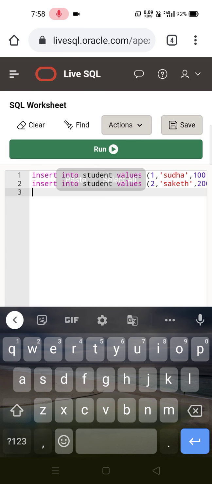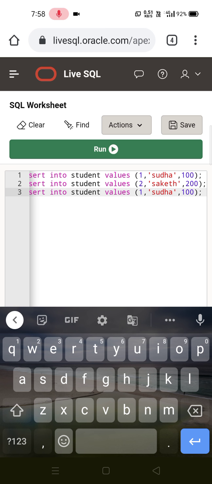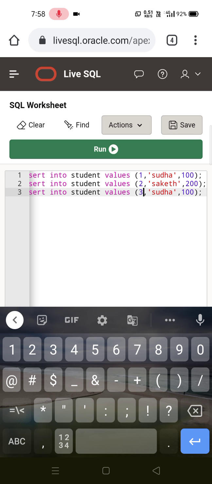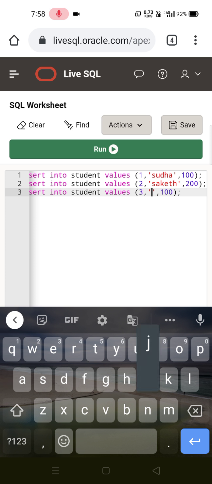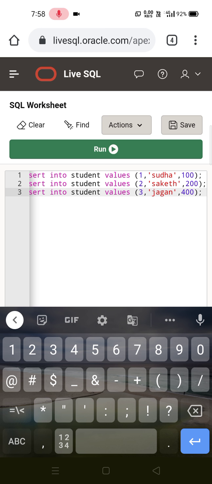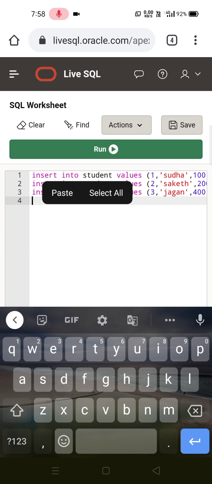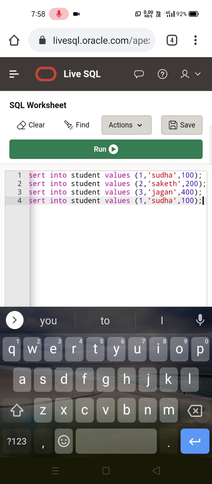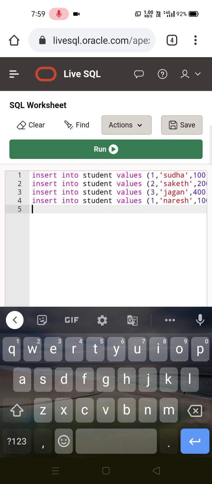Again we just copy pasted, and then we inserted the third entry with the name of the student. As we have not increased the marks of the student, it might be 300, 400. Then we just inserted the next query. As we already know, we have not made the number a primary key, so it can be repeated also. So we just repeat it and write another name, Naresh, and since we have not made the name unique either, we can create the same name.